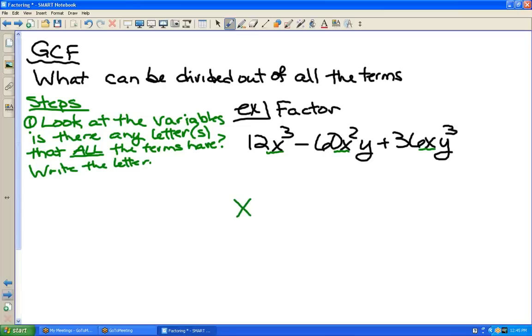And then I look at the y. And there's a bunch of y's up here. But I noticed that only the second and the third term have the y, so the first term has no y, so I can't use the y because I wouldn't be able to take it back from that first term. Write the letter and use